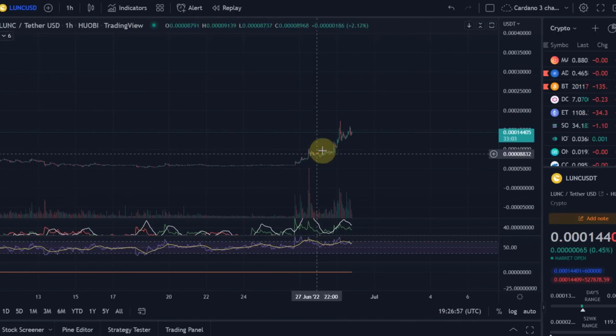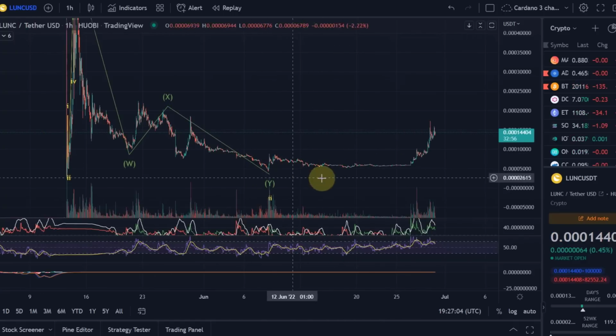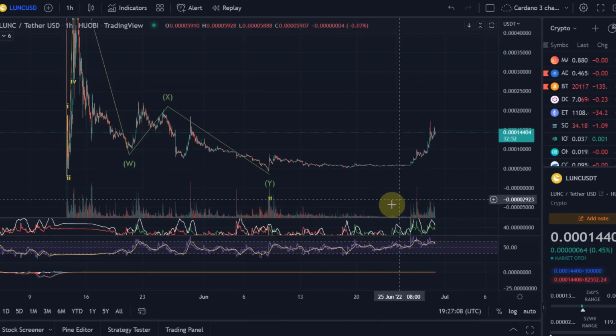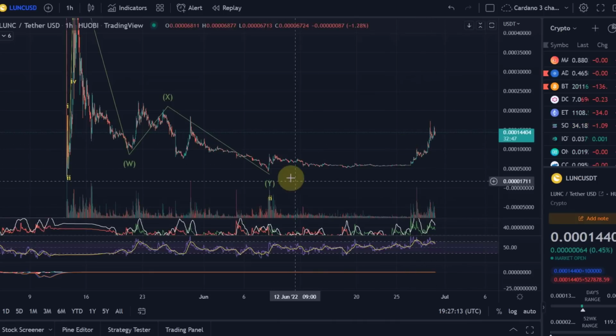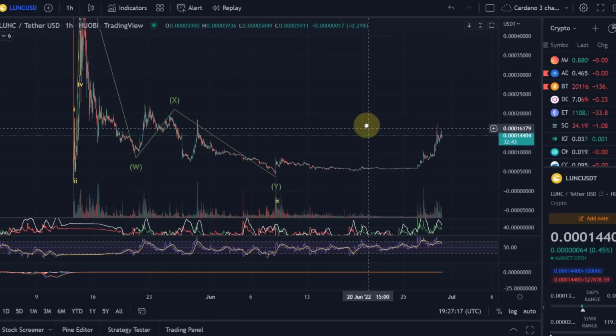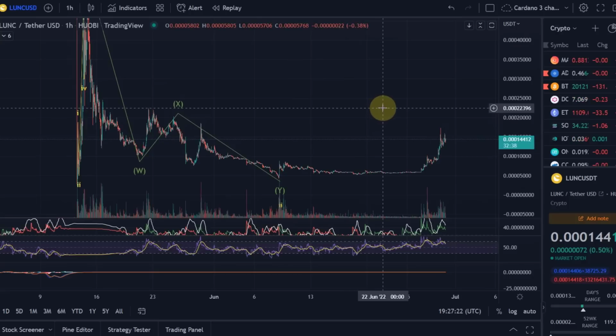Now this move up is already quite promising because it is starting to move up. And it seems like it has bottomed out here somewhere. That is how it looks like at the moment. We see more volume come in, which would confirm the thesis here that the low could have been in for Luna Classic. The best indication for that would probably be if we go above this swing high here at 22,396, with 3 zeros before it.